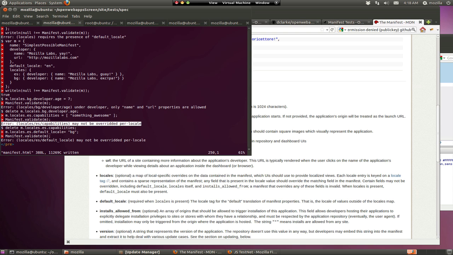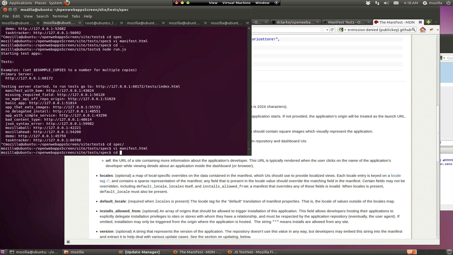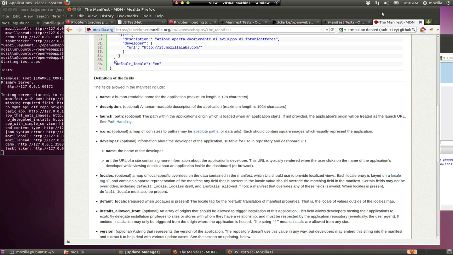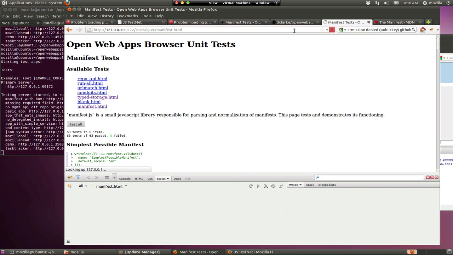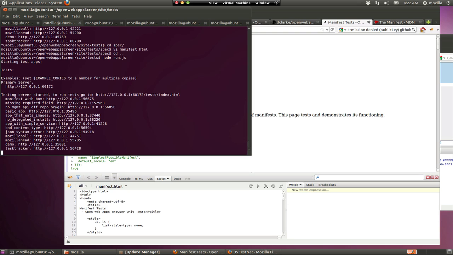So with that, we save the HTML file and we go back to our server. We run JS and we refresh. And now we have 64 tests passing, 0 failures, and we know that the default locale cannot be overridden inside of the manifest. The next thing we'll want to do is push our change to a GitHub repo,